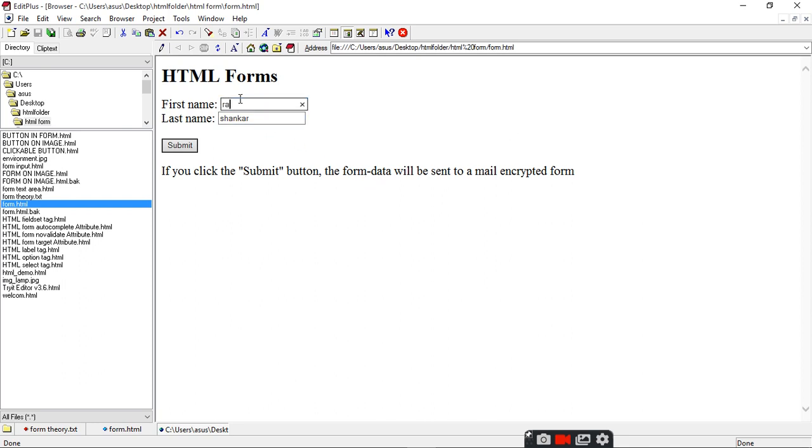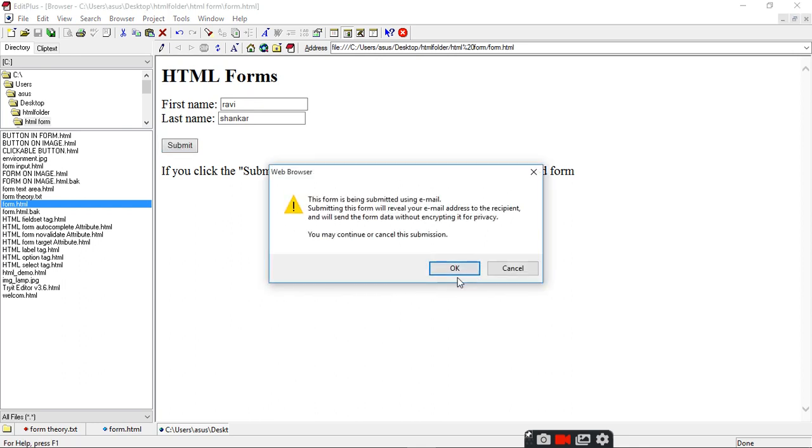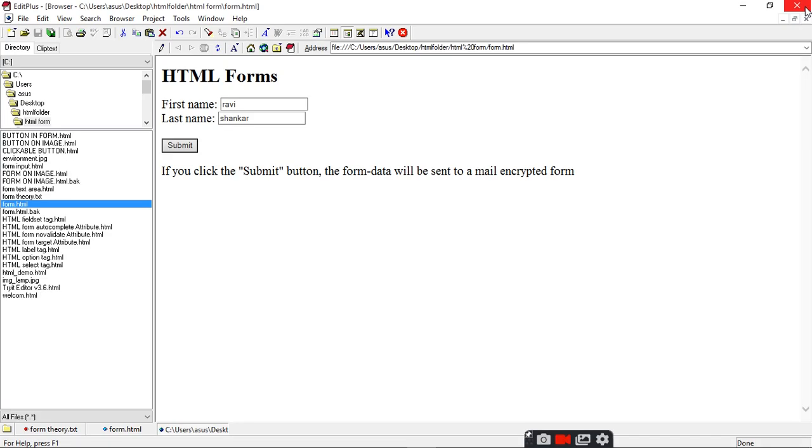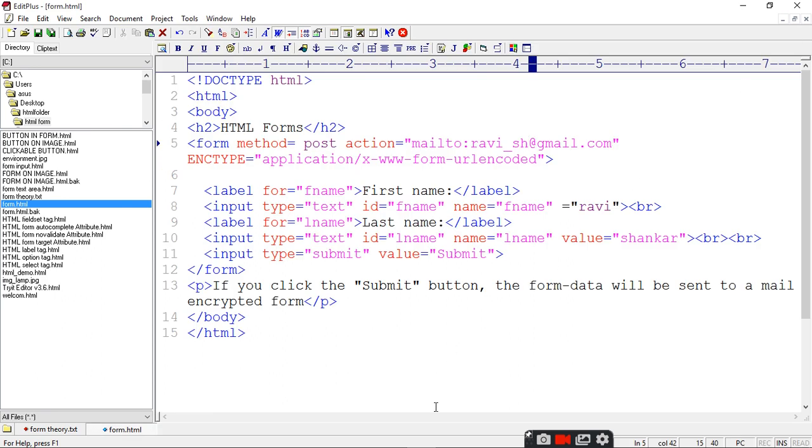So here you write Ravi and submit. Okay, so it will go to the mail. If it is a correct mail, then it will search and send the information to the mail. It is not getting the URL because I have made the email only. So this is the way to make a login form, and you get the information through it.